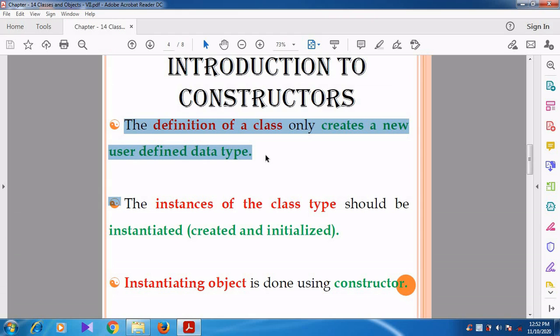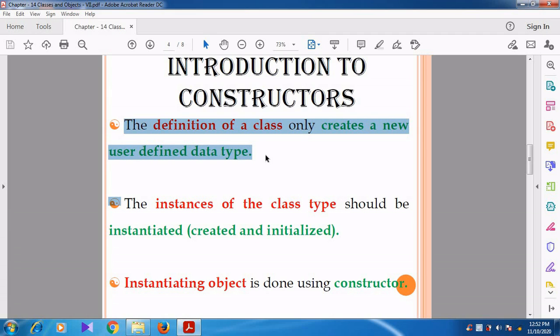Why? How are the class members accessed? The data members and member functions are accessed through the object.